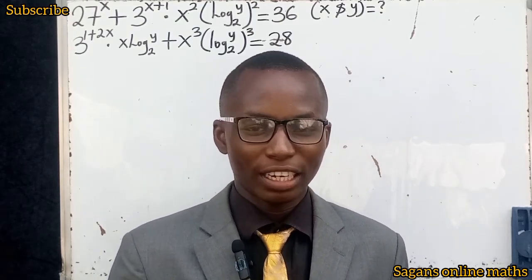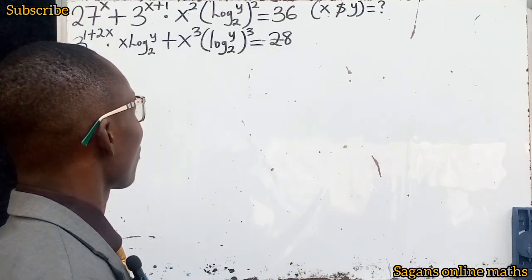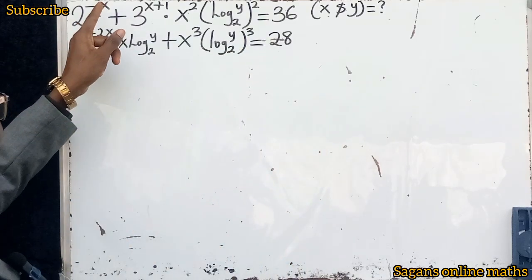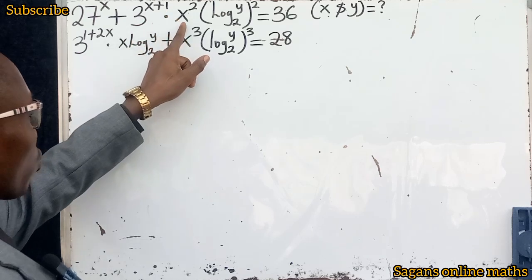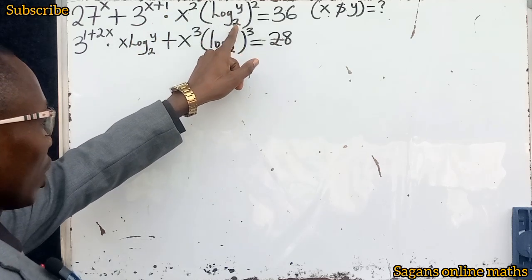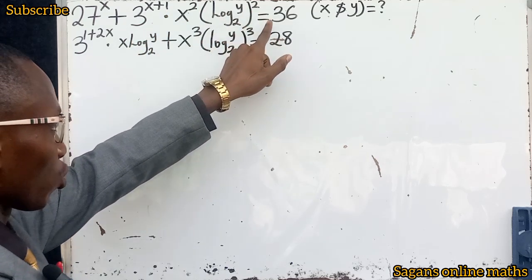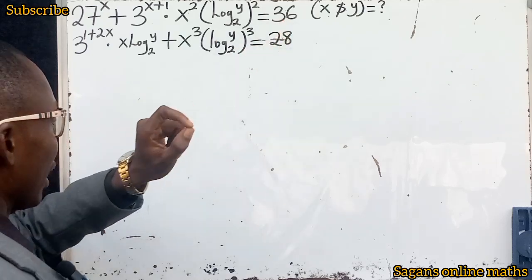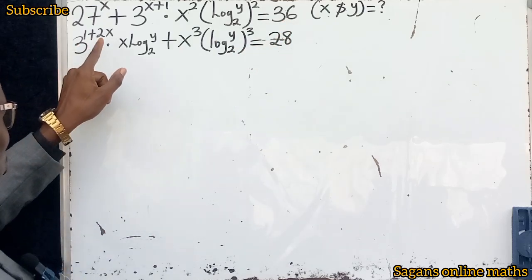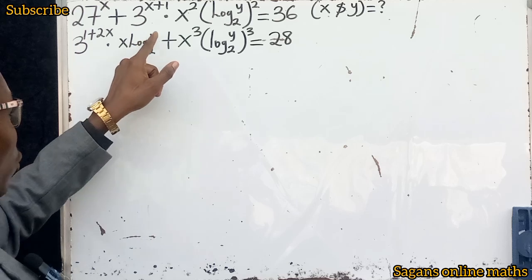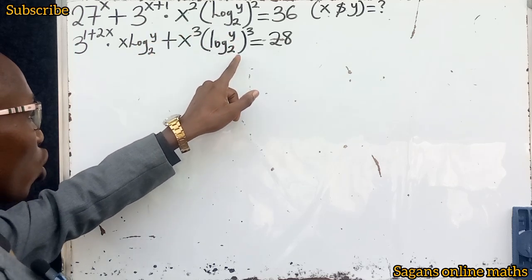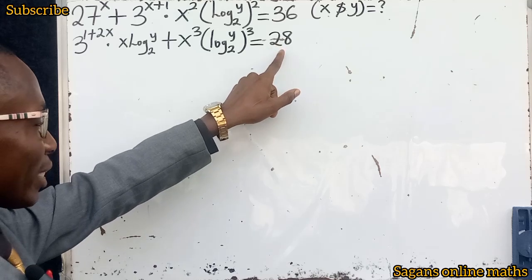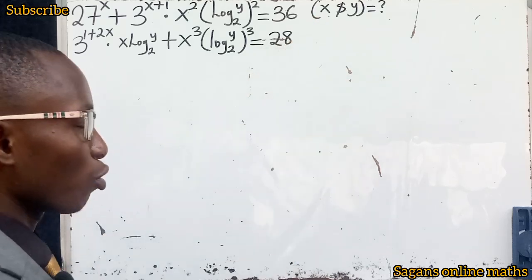Let's solve this question together. Now look at what you are given. We are given that 27 to the power of x plus 3 to the power of x plus 1 multiplied by x squared into (log y base 2) all to the power of 2 equals 36. And again, 3 to the power of 1 plus 2x multiplied by x log y base 2 plus x to the power of 3 multiplied by (log y base 2) all to the power of 3 equals 28. We are asked to look for the value of